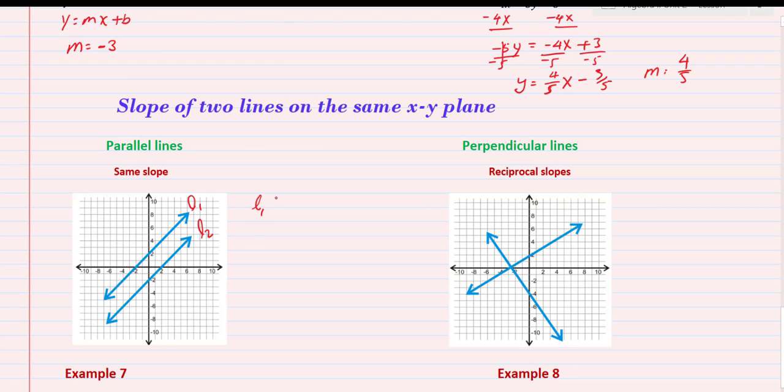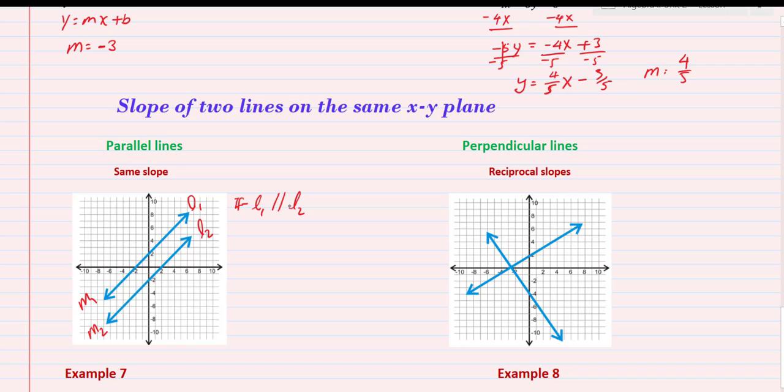L1 is parallel, I'm going to write in short, to L2. Okay, let's see, the first one has M1. Let's call the first line has M1, which is the slope of the first one. Let's call the second one has a line M2. Now, if